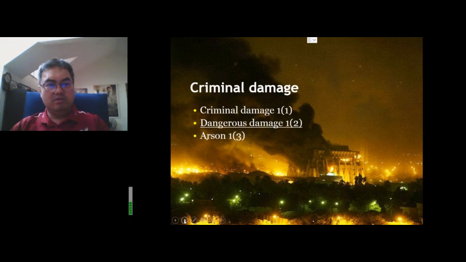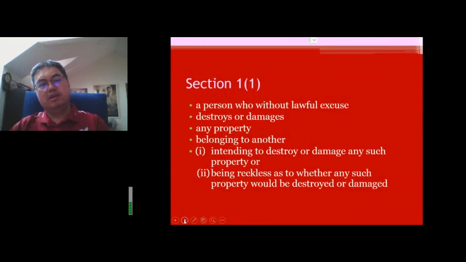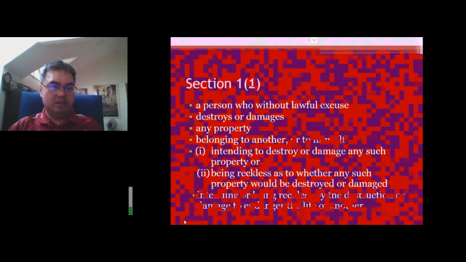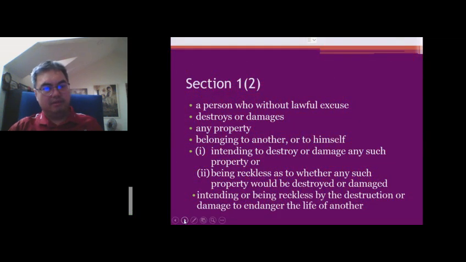Now moving on to subsection 2 of section 1, dangerous damage. Subsection 2 is quite similar, but there are a few additions. So the key thing here, you will note, is that property belonging to himself is also included now, and there's a further intention, a further mens rea, if intending or being reckless by the destruction or damage to endanger